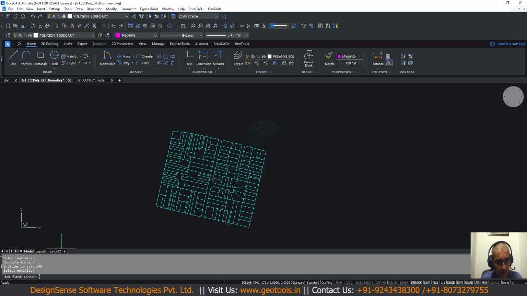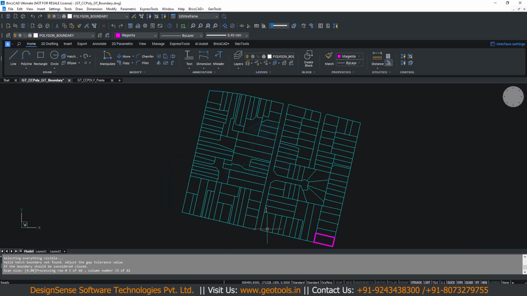Now again it's asking me to pick the first corner. So this is the first corner of the scan. So I now need to pick 2 corners which totally contain my area. Now this is where it's going to take some time, and like I said, setting your scan window smaller will